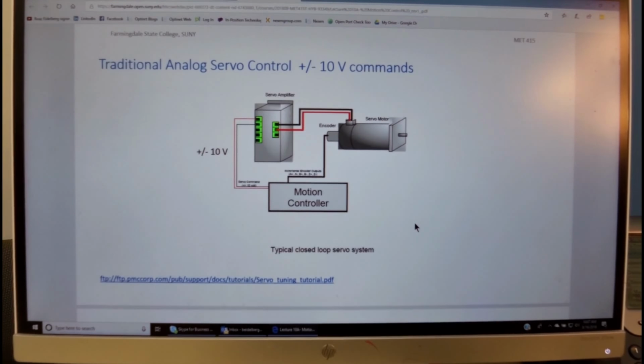The basic configuration of a servo system traditionally was using plus or minus 10 volt commands from the motion controller into the servo amplifier.